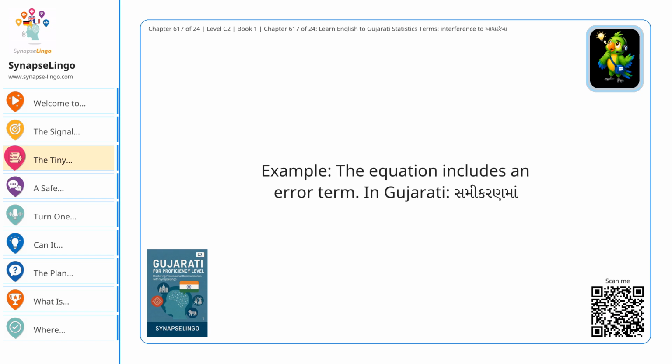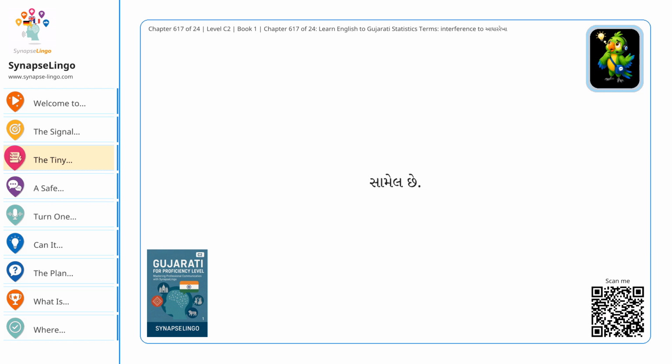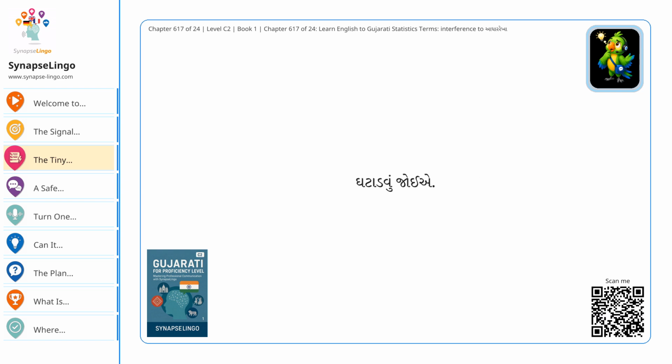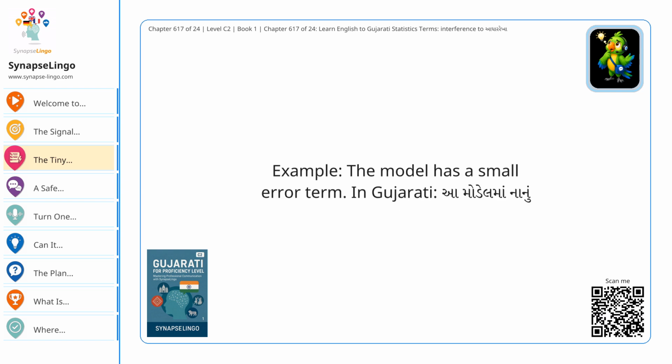Example. The equation includes an error term. In Gujarati, samikaranmam ભૂલપદ. samayelu che. Example. We must reduce the error term. In Gujarati, ame ભૂલપદ. ghatadvu joie. Example. The model has a small error term. In Gujarati, a modelmam nanu